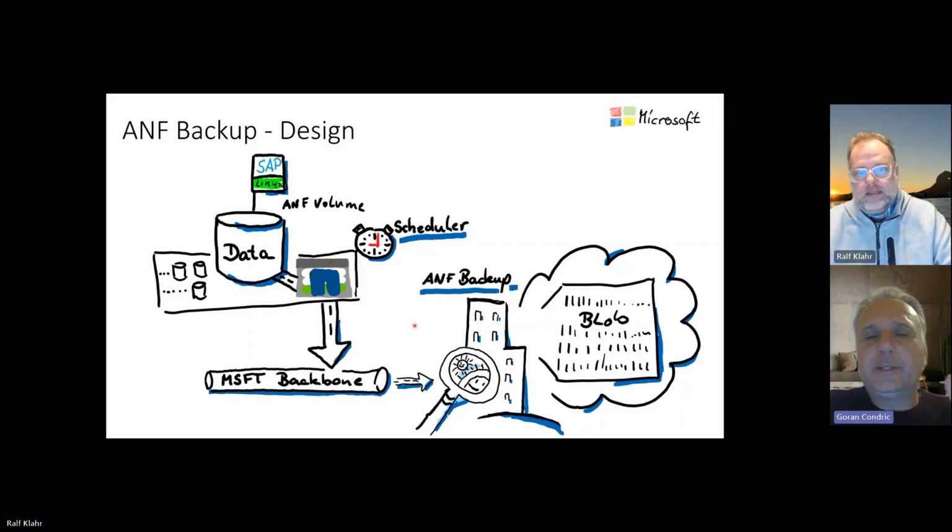Yeah, and all this is basically integrated in an end-to-end process, so to say. Correct. You have nothing to do. This is all the scheduler. You do this all on the portal. You schedule this, and then the scheduler runs through the schedule. And how does it work for HANA?